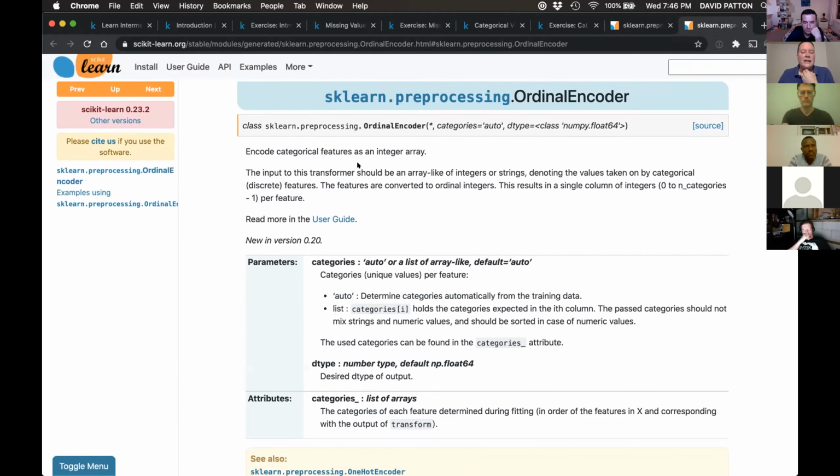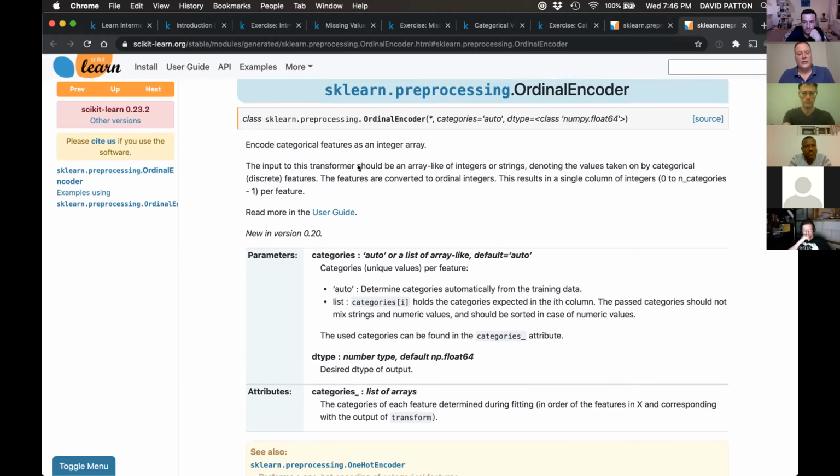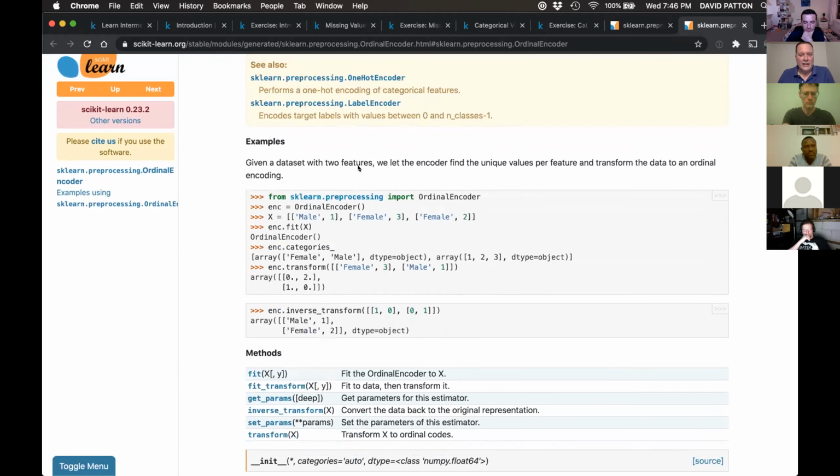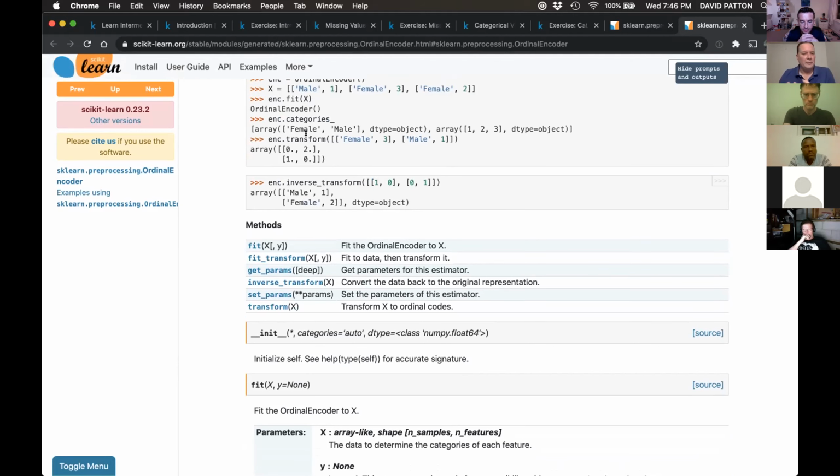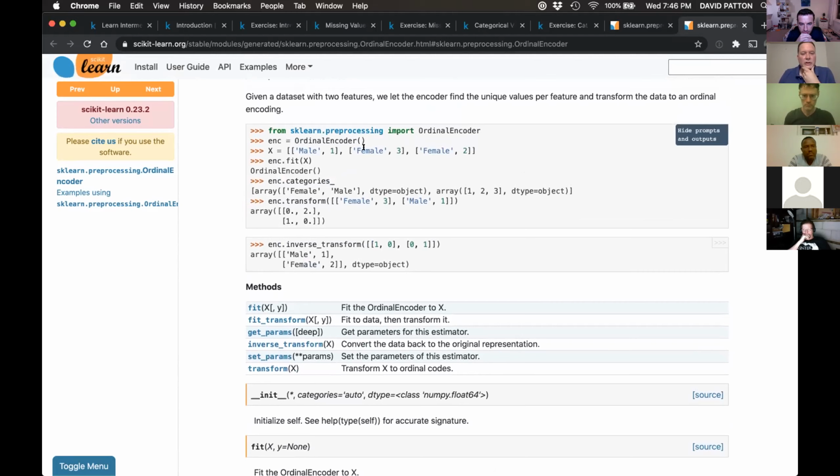The whole idea is that it's for features, and I'll show you a couple of things about it. It gives you output that is float object types, which can be important for features. It's nice to have all your features have the same type. So it can be important for some different types of models, maybe not the ones we're going to show here, but it is important for some. It makes a lot of things easier.